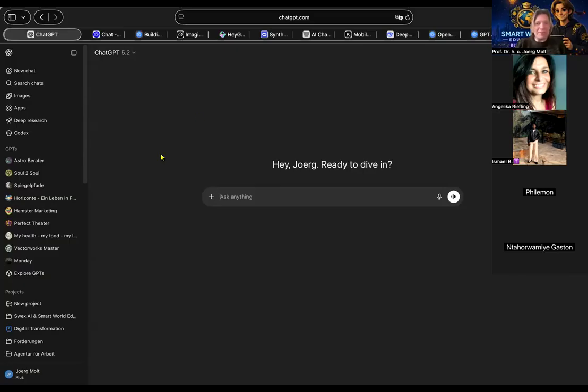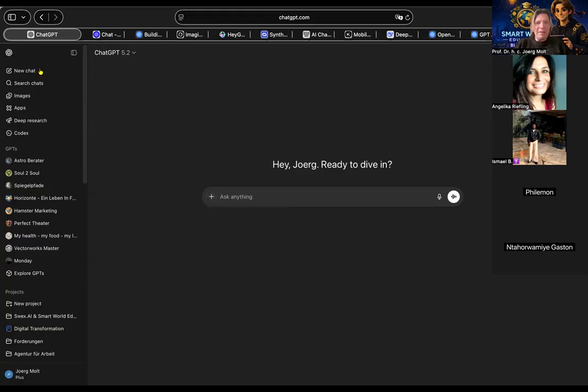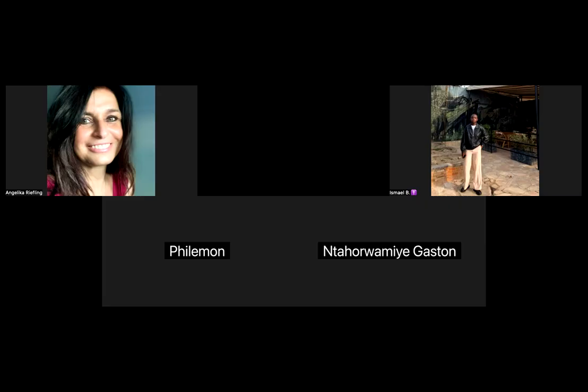extras in ChatGPT. So when you look at your ChatGPT, and it's the same on your mobile phone, you see a plus. I have a menu where I can add photos, add from Google Drive, add from OneDrive. You have seen all that stuff before. It depends on whether you have a paid version or not, and I will show you the main difference. In paid versions, you get here on